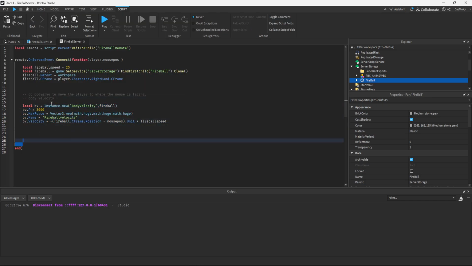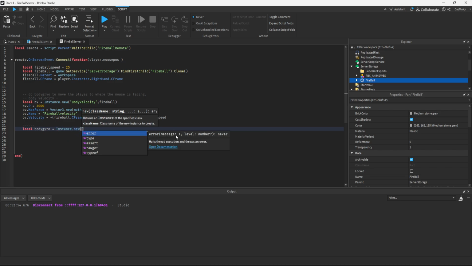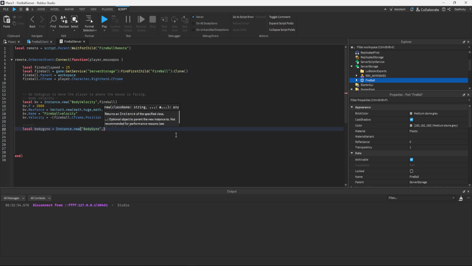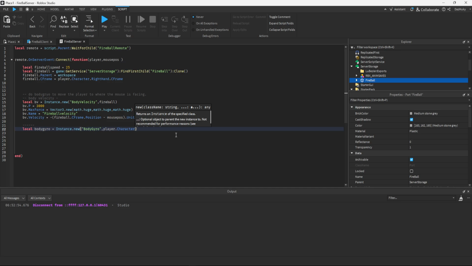So we have the body velocity stuff done. The next thing is we're going to do some body gyro stuff. So this is where we do local body gyro equals Instance.new, and we'll do a body gyro. And I think these are deprecated now, but I'm just using them because they're the only ones I know. So yeah, I'll try and learn the other ones, but it just is what it is. So because this is a body gyro and we have to turn the player, I'm actually going to pop this into the player's HumanoidRootPart, just so that when we do the rotation for this, it's going to turn our entire player. So we're going to do body gyro